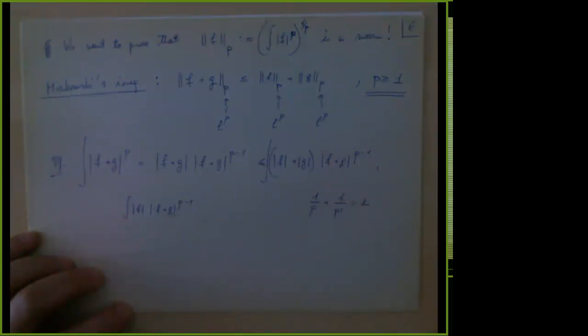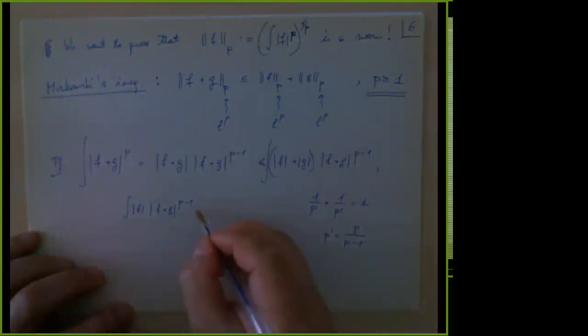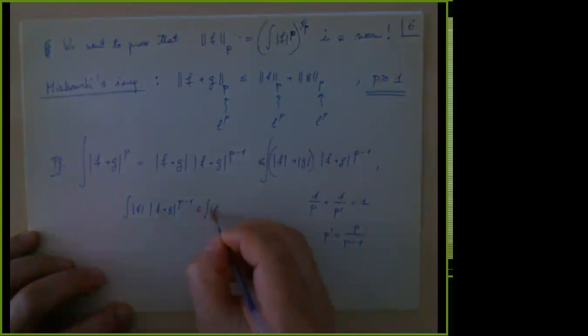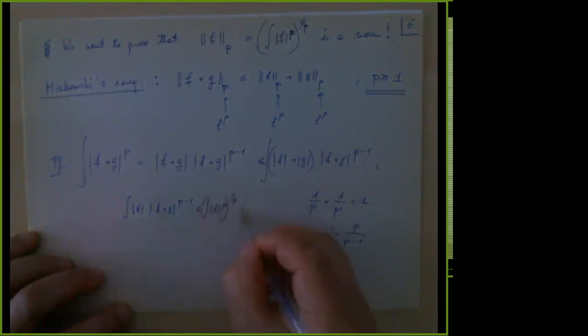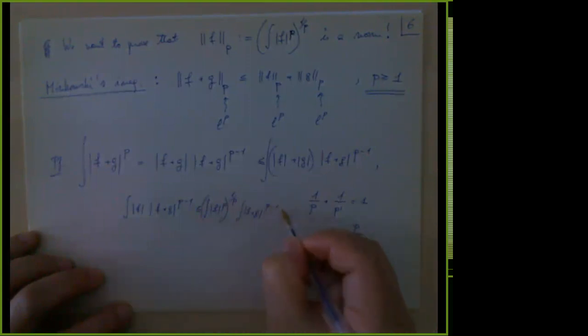And you will see that p prime is nothing else than, and this please do it yourself, p over p minus 1. So this will be bounded by the integral of f to the power p, to the 1 over p, and the integral of f plus g to the power p minus 1 times p over p minus 1, and then to the power 1 over p prime, which is p minus 1 over p. In other words,